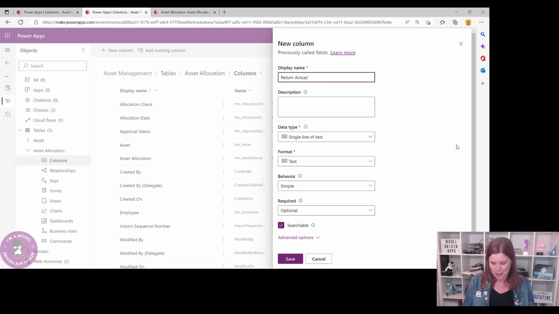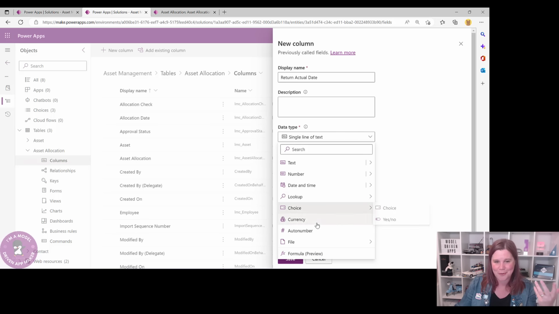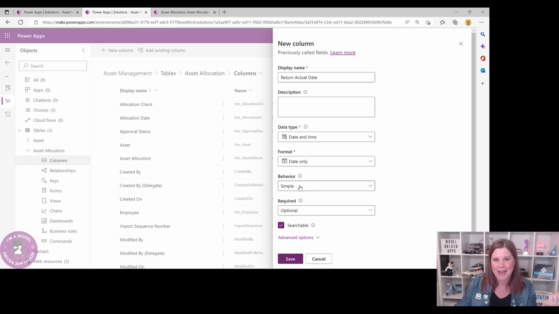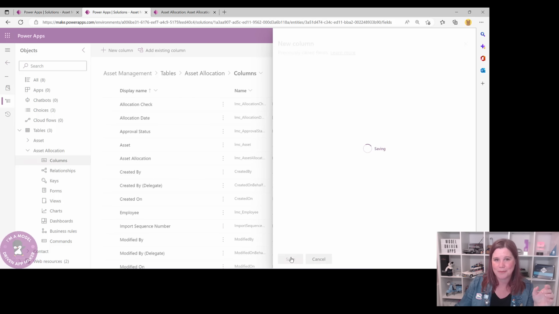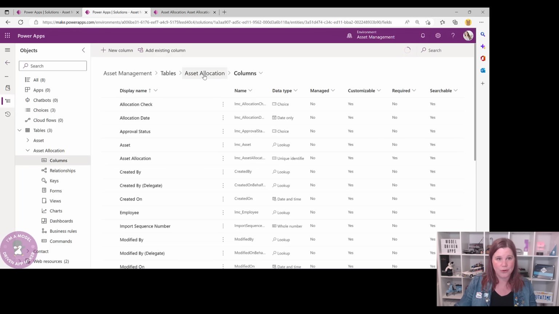So we did our calculation. I got very excited about doing the calculation before and forgot to put in the actual date. So the return estimated date, like when we expect it to come back in, is actually done in there as a calculation, but the actual date is something that you just put in at the time. So we'll do that and we'll go back and add it into the view. So let's go back into our asset